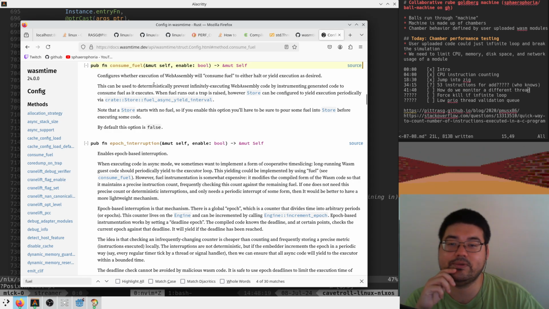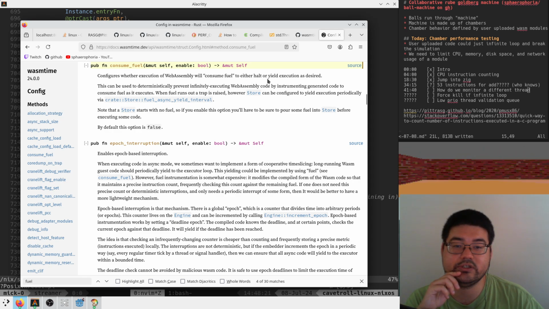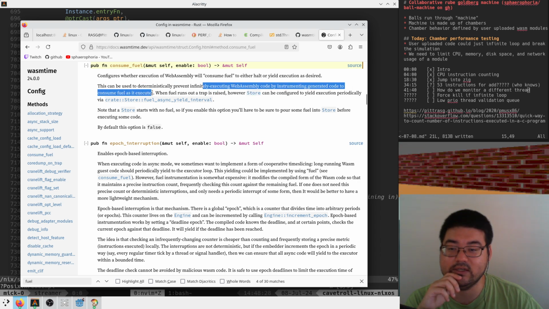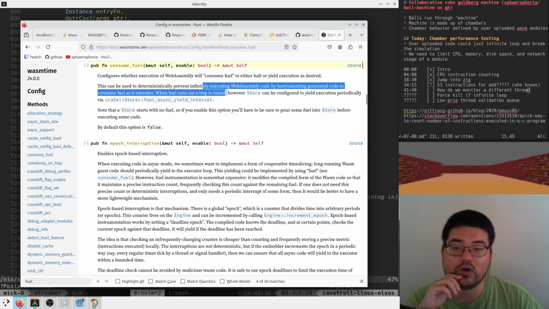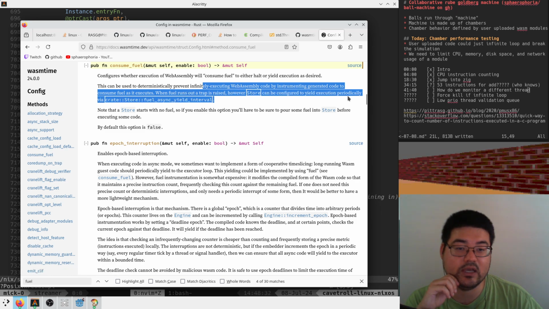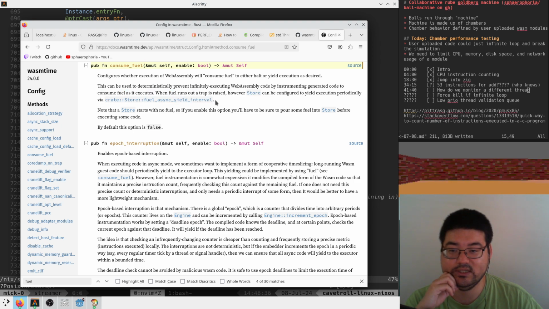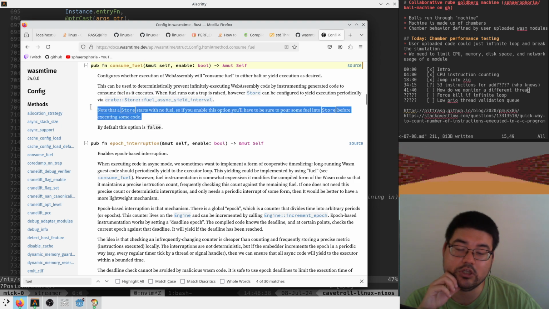Configures whether execution of WebAssembly will consume fuel to either halt or yield execution as desired. This can be used to deterministically prevent infinitely executing WebAssembly code by instrumenting generated code to consume fuel as it executes. When fuel runs out, a trap is raised. However, a store can be configured to yield execution periodically via this. Note that a store starts with no fuel, so if you enable this option, you'll have to be sure to